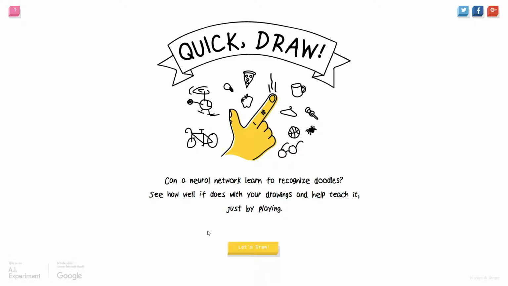It'll give you 6 keywords to draw, and your idea is to try to get it to actually guess it. You don't want to confuse it. You're trying to actually make it guess it. So keep your shapes basic is kind of the tool to use here. You can kind of see like that's probably a basketball, it's my glasses, a spider, a thumbtack, coffee cup, hanger, that kind of thing. And you want to help Google teach this AI